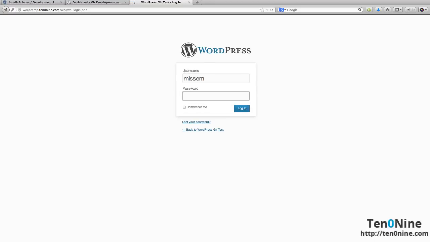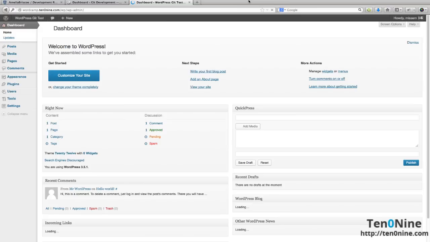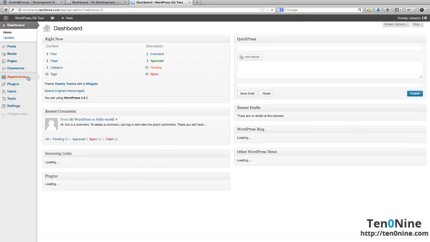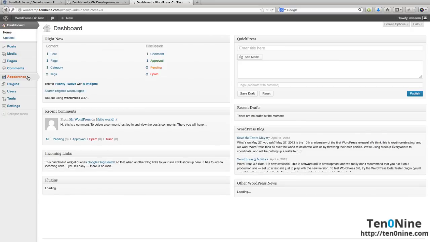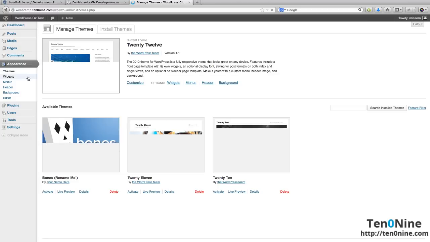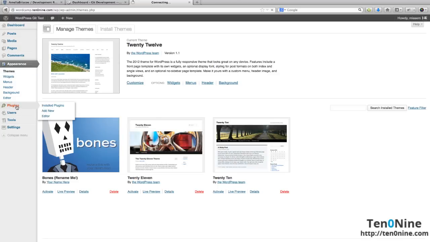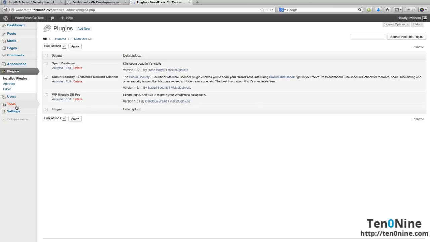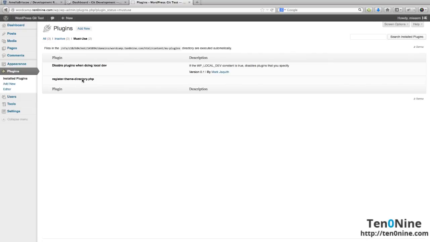Okay, and we should be all logged in with no errors. Fingers crossed. Brilliant. Let's go and have a look at our appearance. And we should have our Bones theme there for us to be able to use, which we do, which is fantastic. Let's have a look at our plugins. Okay, and that's all activated, and the must use is still there for us to view, but it's only going to show